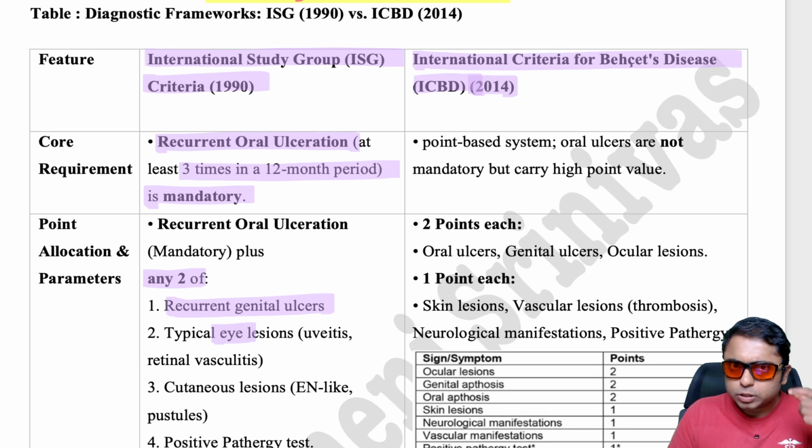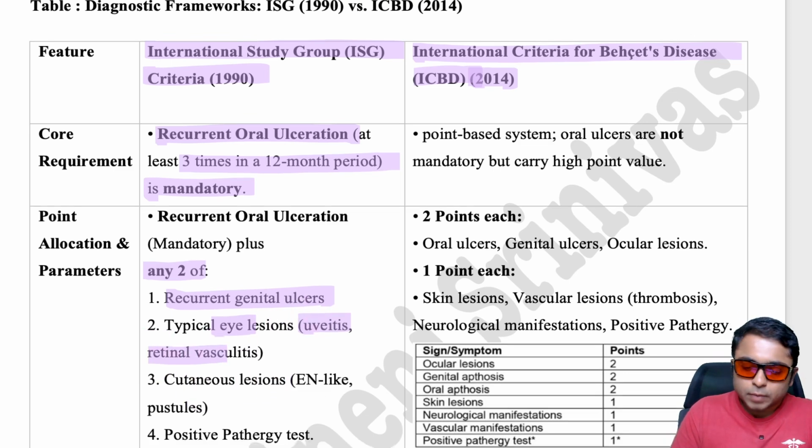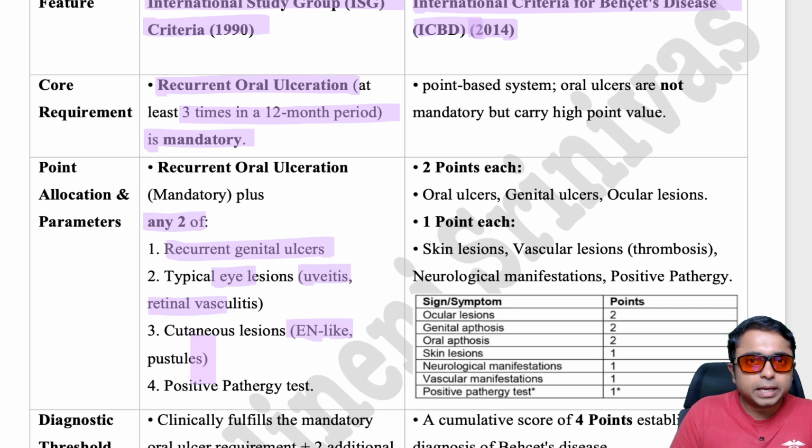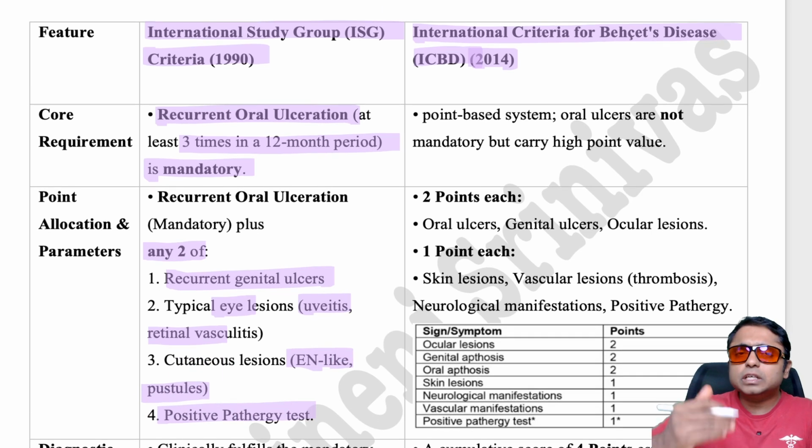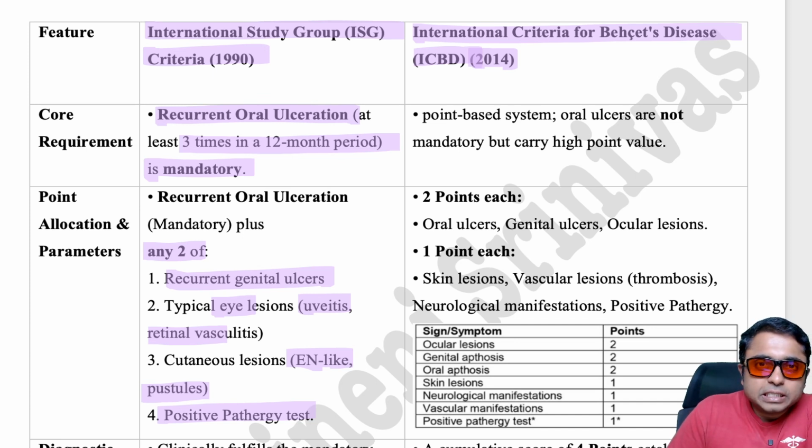uveitis, especially the posterior part of the eye involvement, the retinal and uveal involvement, and also cutaneous lesions, erythema nodosum like lesions, and also pustules and positive pathology test. So, any of these two along with the mandatory oral ulceration, if it is present, then that patient was considered as a Behçet disease. Criteria for Behçet disease 2014, the points are going to be given to the individual